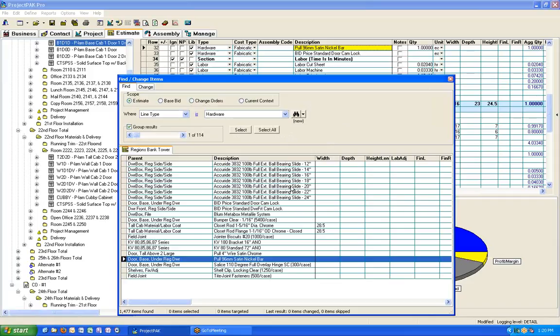And so maybe we started calling around to our vendors that we typically get them from, and since we have such a high number of it, we can get bulk pricing, which would be different than what our library pricing is. So we want to go through there, find them all, and then be able to, one, change the vendor if we need to, and then two, maybe change the adjusted unit cost. If you're not familiar with adjusted unit cost, it's a simple way to override a library price